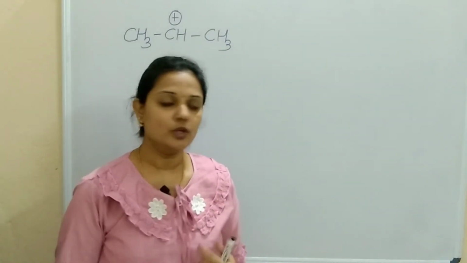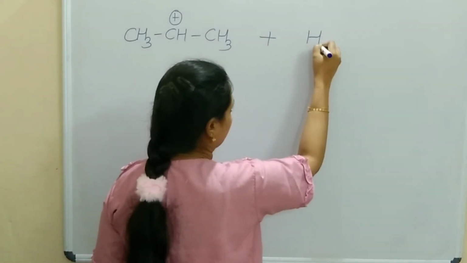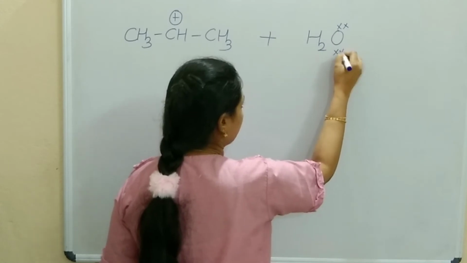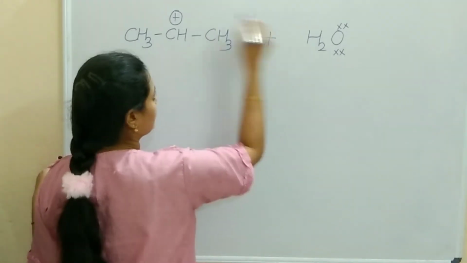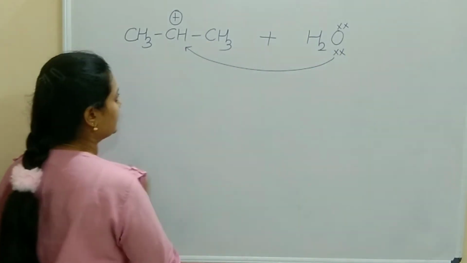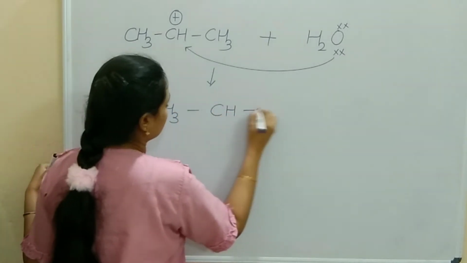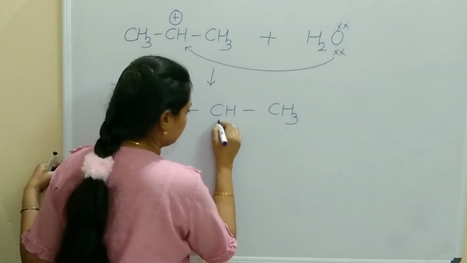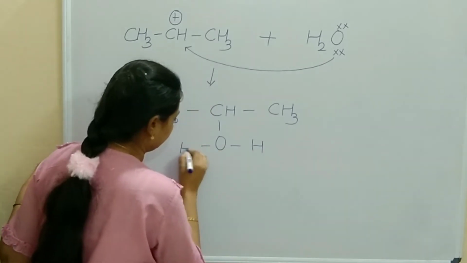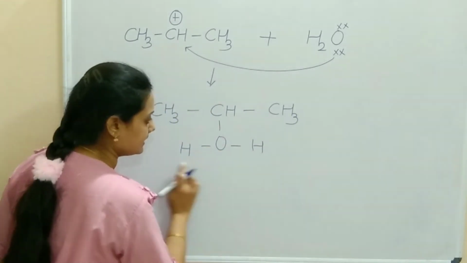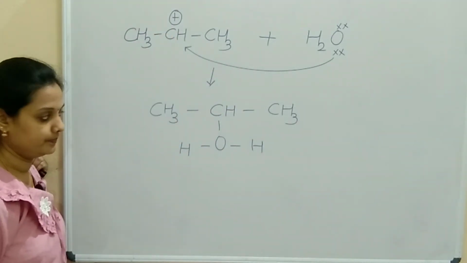Now this step is the nucleophilic attack of water. Okay, nucleophilic attack of water. Now we know water means oxygen is having 2 lone pairs of electrons. Okay, this carbon is positive, so it will attack over here to this carbon. So what you are getting? CH3, CH, CH3, oxygen, correct, attached to that carbon, and hydrogen. This is what is attached, H2O. This is the carbocation, negative to positive, right.